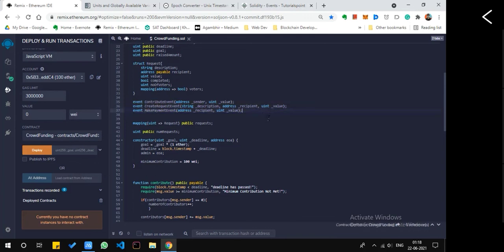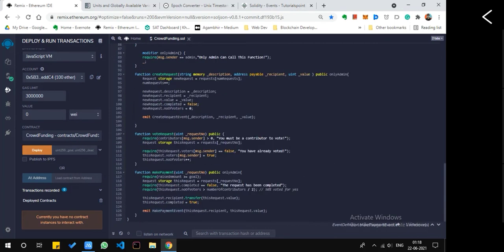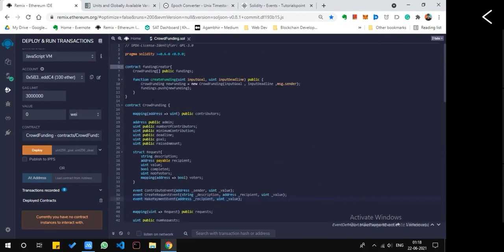So this is what events are used for, in simple words. And let's get to the funding creator. So this is a contract. This is a smart contract. Now what happens is